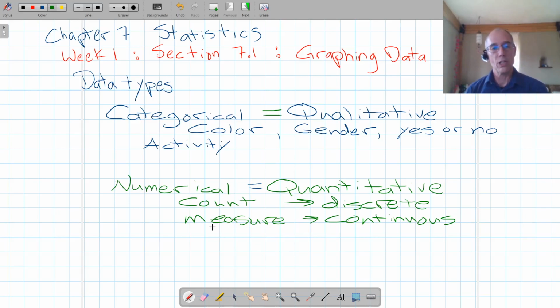So what kinds of things do we measure? Well, we measure heights, lengths, weights, all kinds of things. Many other things. And then we count things like cell phones and people and chairs, flowers, all kinds of things